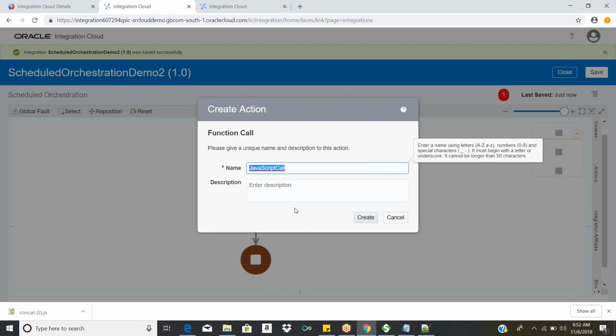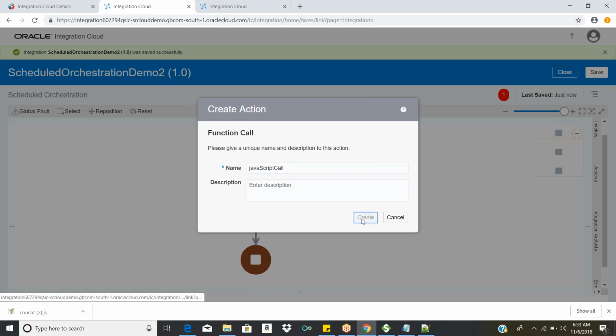Since we are not doing anything real, just for testing purposes, we are giving a dummy name like JavaScript call. If you want to give a description, you can write it here, and after that you click on the create button. That's it.